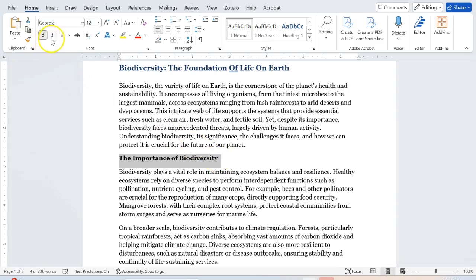And then this I is italicized, so you can italicize by clicking on this, so now it is italicized. And then you can underline it by clicking on underline. And then you have learned how to bold, italicize and underline a text in your Microsoft Word